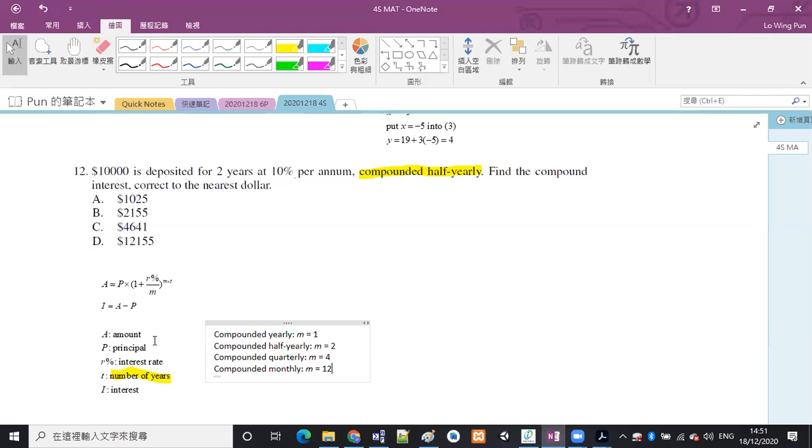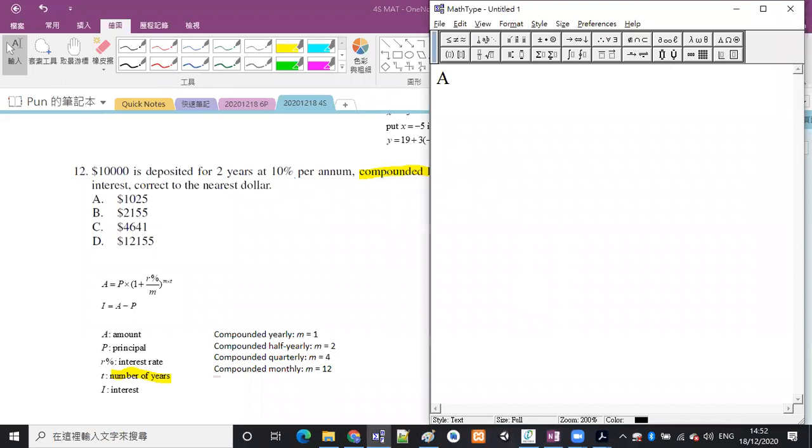OK, so now $10,000 is deposited for 2 years at 10% per annum, compounded half yearly. Find the compound interest. 嗱，睇清楚佢叫你求啲乜嘢，佢係叫你求 amount 啊，定係叫你求 interest 嘅？佢叫你 find the compound interest，但係記住 compound interest 呢個計法，一定係計咗 amount 先嘅，跟住先至將個 amount 減翻個 principal 去到計個 interest 嘅。咁所以我哋先計咗 amount 出嚟先。So A is equal to the principal, that is